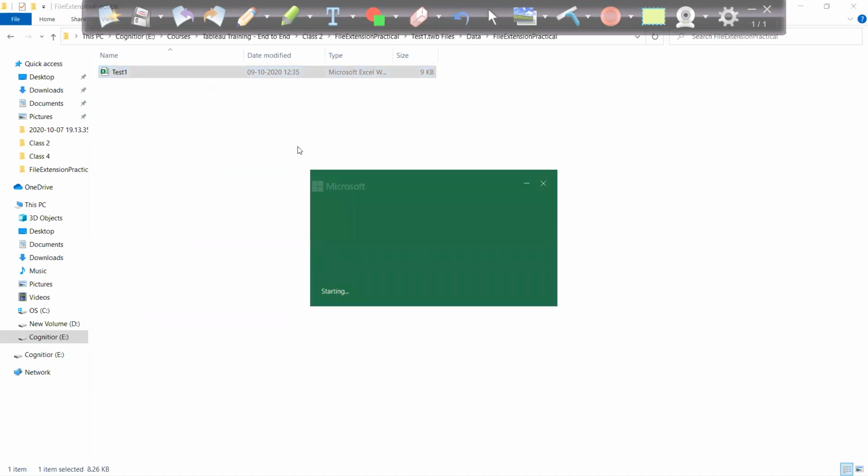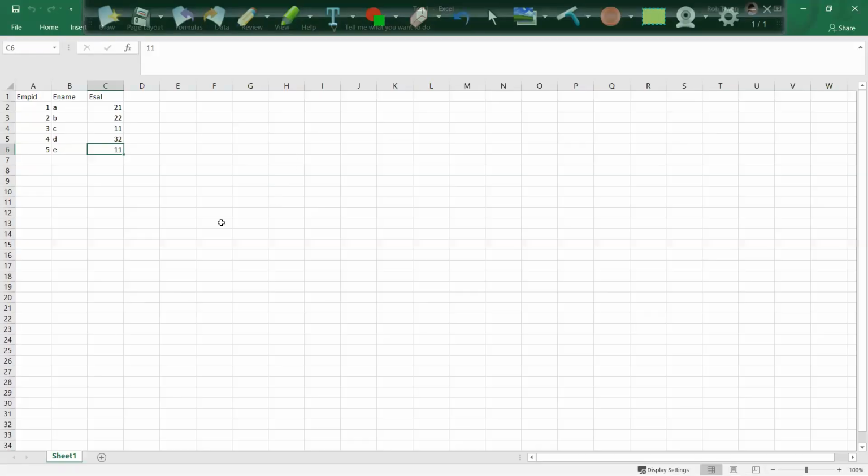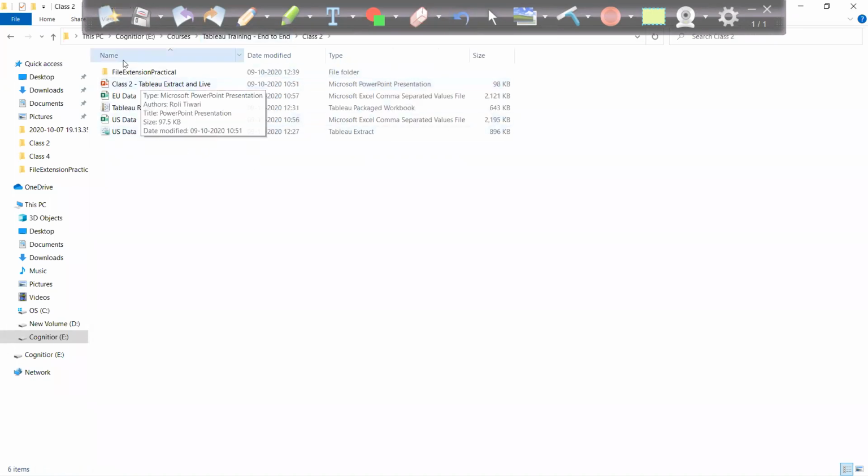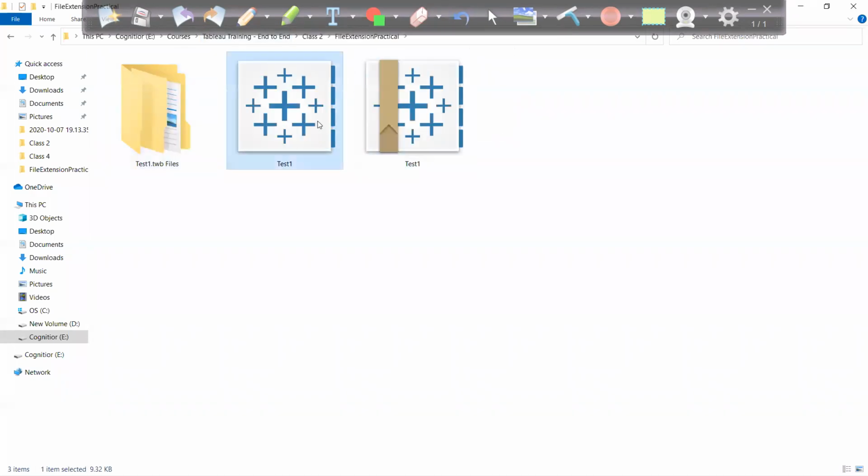When I open up this data, it's an Excel file. So basically, when we are creating a TWB file, my source does not go with that. So till the time you don't have the source, the file will not get open.